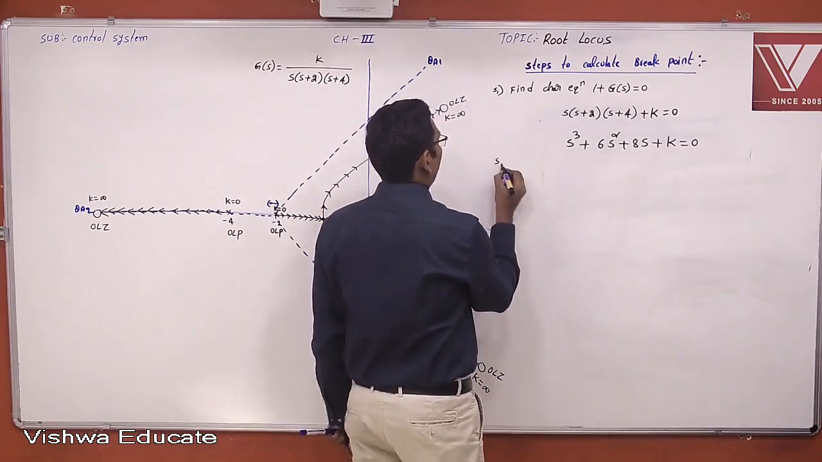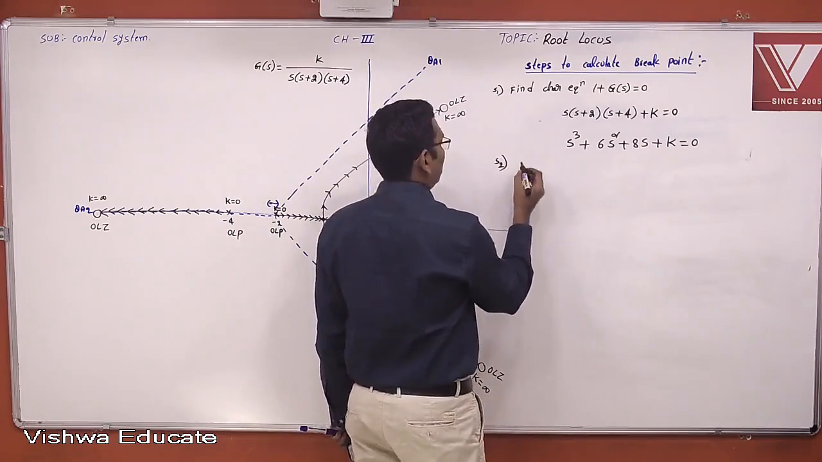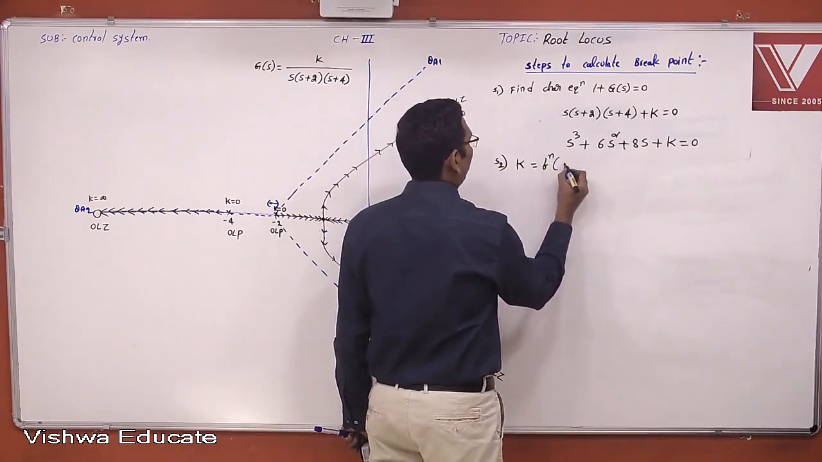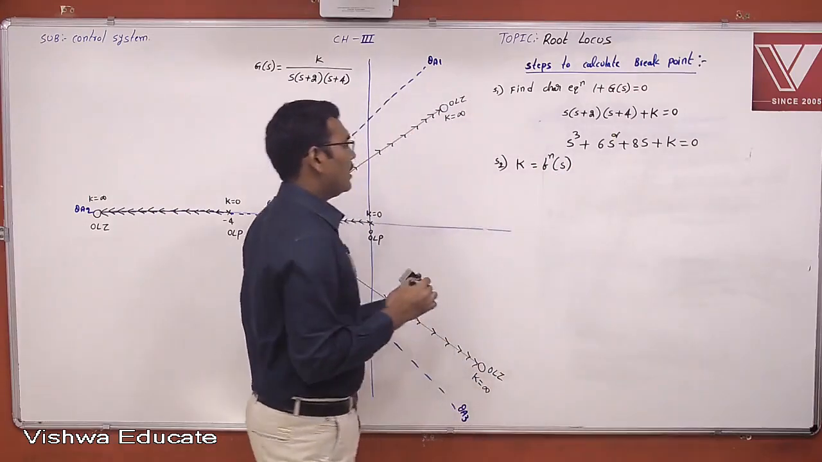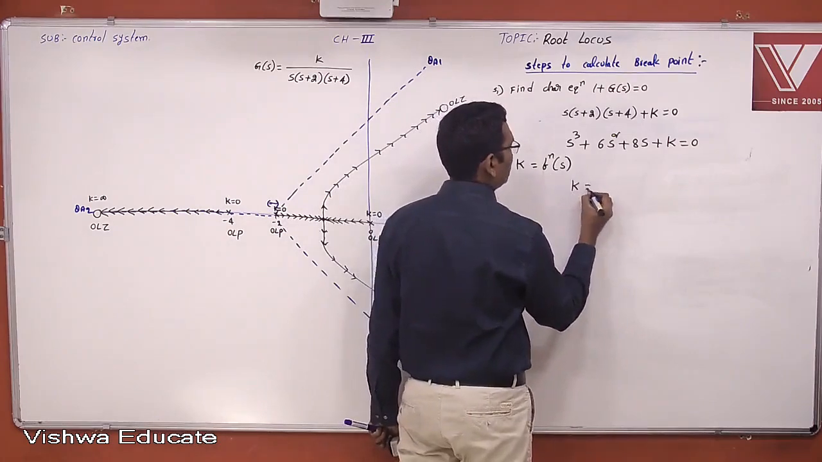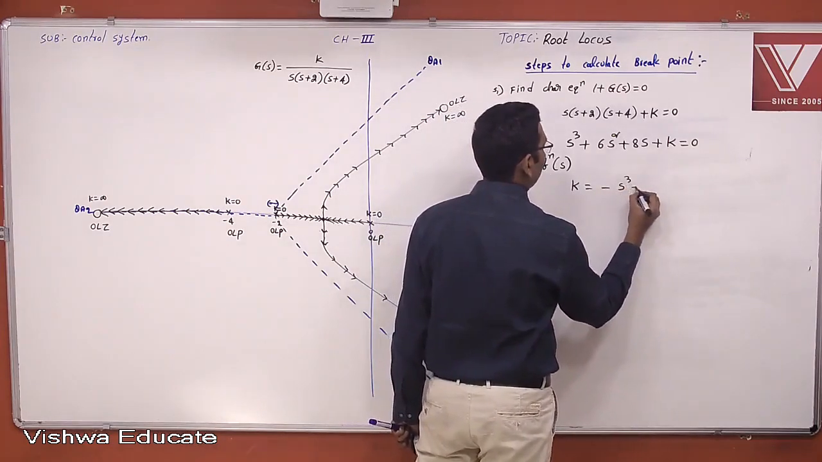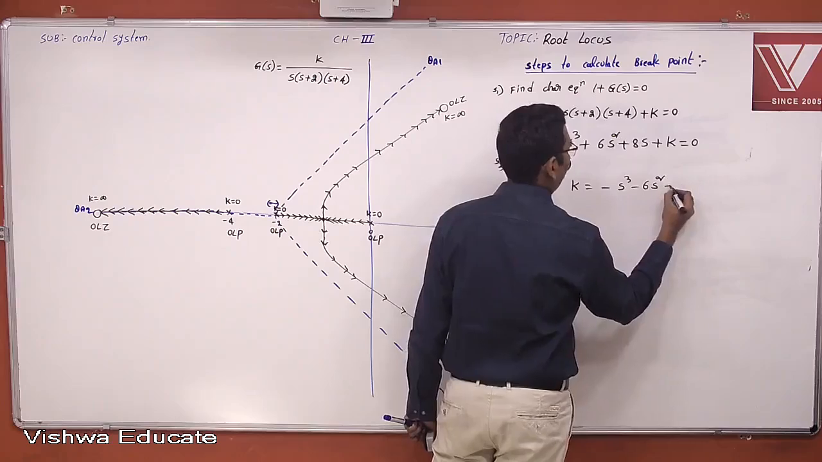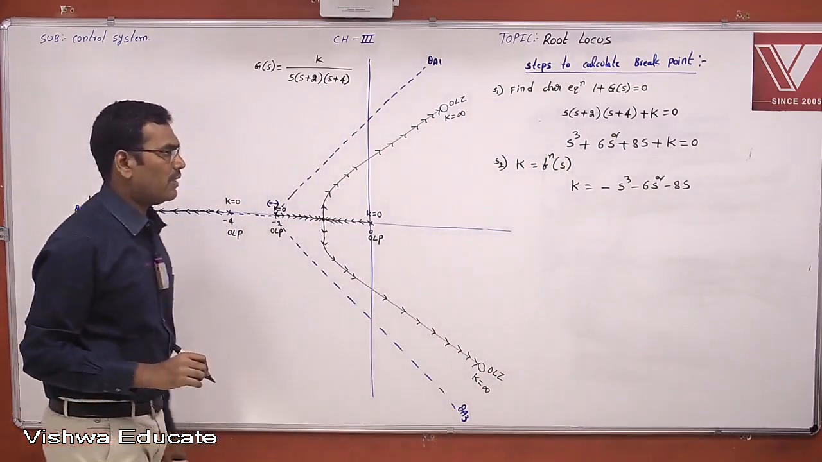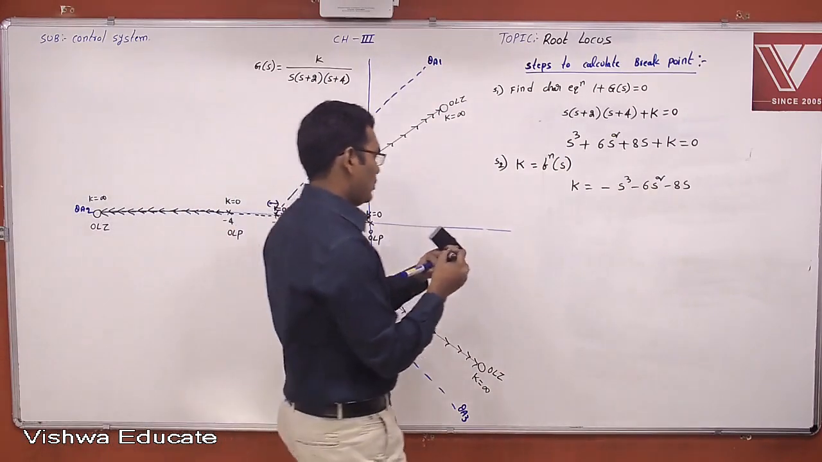Now step number 2 is to write the k value as a function of s, which is very simple. K is equal to minus s cube minus 6s square minus 8s. Now the third step is